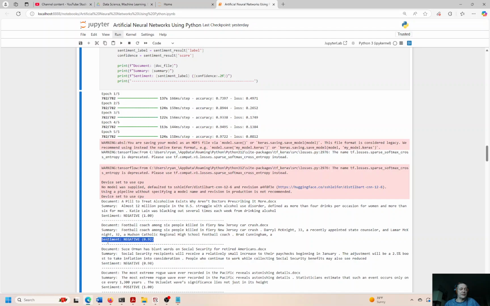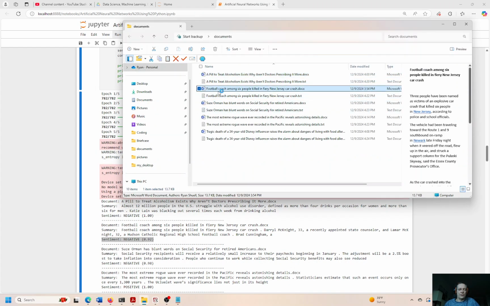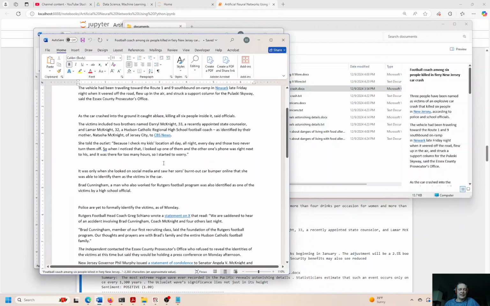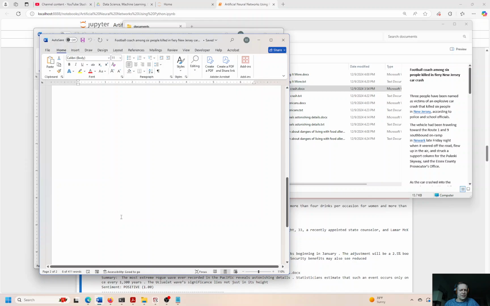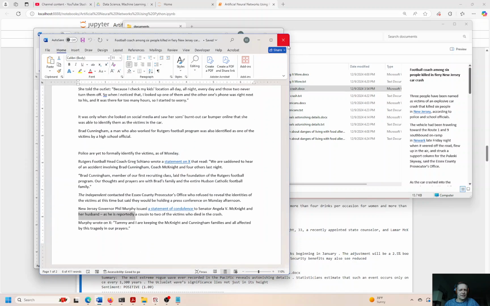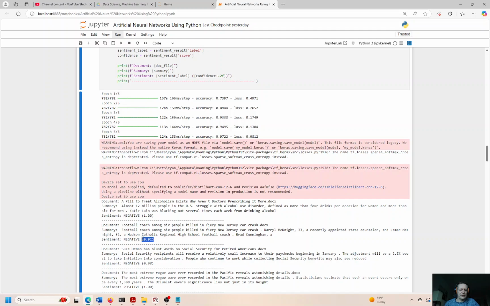There can't be too much positive about that. But it didn't round up to 1.0. It had 0.92. So it might be something in that article that is triggering the computer. Let me open this up real quick. Triggering the computer to think like it's kind of highly negative, but it's not totally negative. Police are formally called to identify the victim. I think that's a little randomness, and I think the computer actually got a little bit distracted here by the randomness. So I would say it's okay. It's pretty close. Should be probably 1.0 negative,